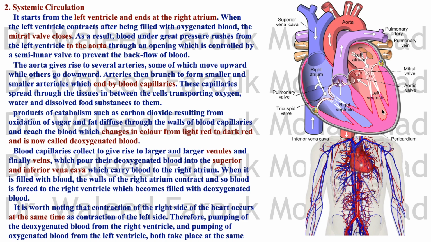Then when the ventricle contracts, the valve closes to prevent backward regurgitation of blood to the left atrium, as we studied before. So the blood will find itself pushed through the opening guarded by the semilunar valve, the aortic valve, into the aorta. And from the aorta, the ascending aorta, the arch and the descending aorta,